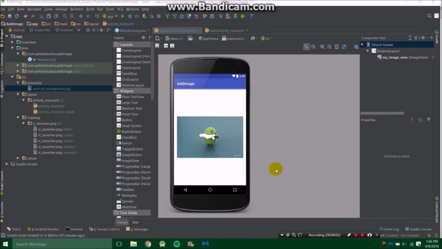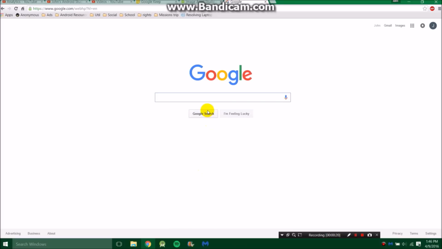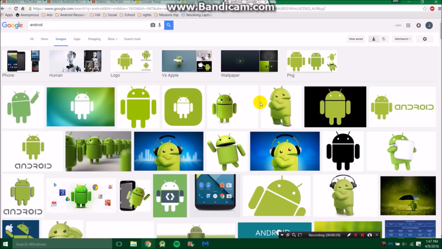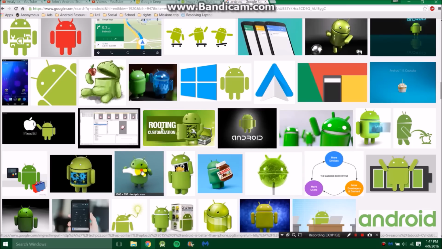Hello, in this video I'm going to show you how to add an image to your Android Studio app. In order to do this, you're going to need an image. So head on over to Google and simply type what you want. I'm just going to type Android and click images, and now we can see all these images of Android. Now we select what we want. Now I seem to like this one right here, so I'm going to click on it and click view image,